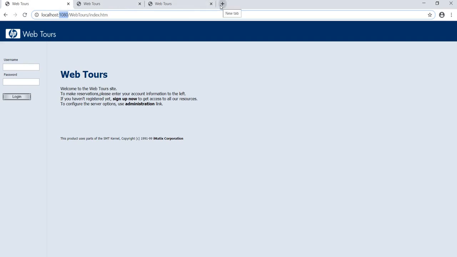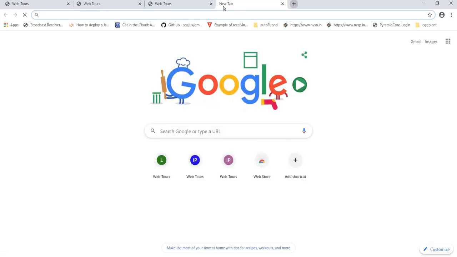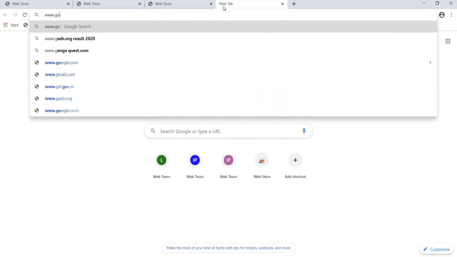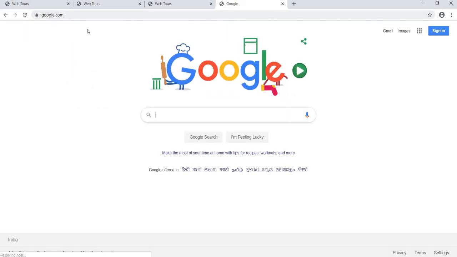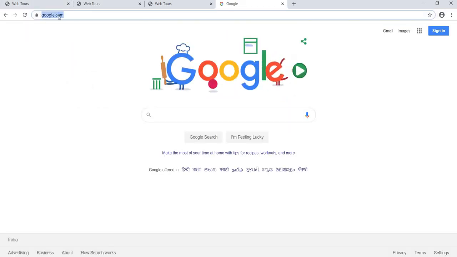The second thing which I want to discuss is something more on port. I will just go and hit www.google.com and press enter. So you will see over here that this google.com is on HTTPS. This is used worldwide. You will have to grasp it and learn that with HTTPS, as you can see over here, we only have the domain, but we do not have any port. So it is worldwide known that an HTTPS request will go to port 443 and an HTTP request will go to 80.